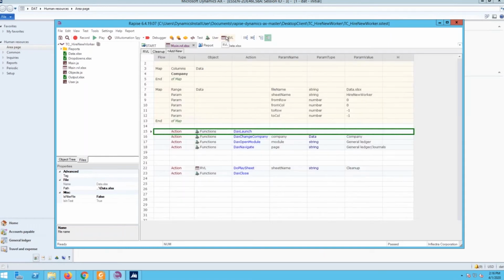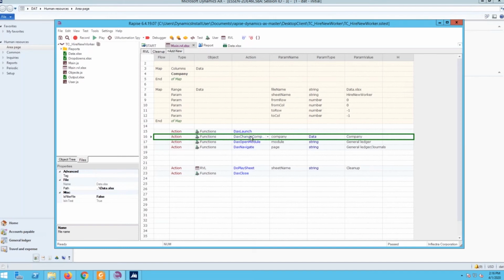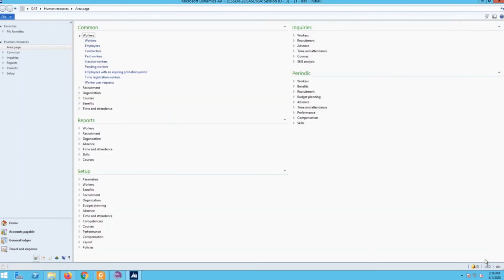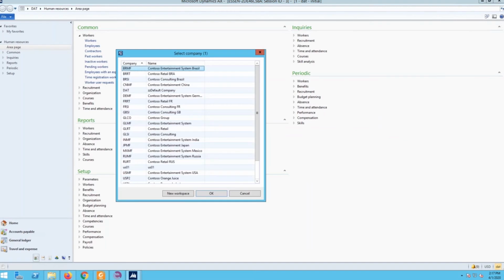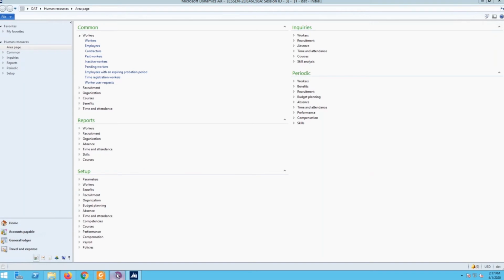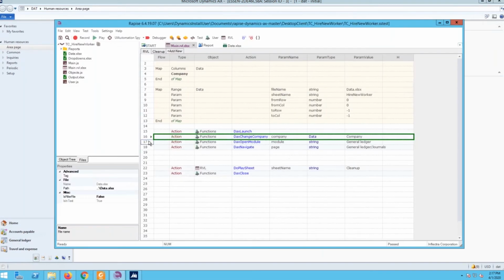Okay, what do we have else here? There is an action that can change the company. Dynamics may contain many companies. So if you click in the bottom right corner, we can see the list of companies. If you want to run your test on a specific company, then you may change it. So here we will use,